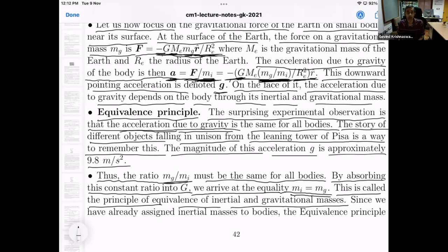So the experimental observation goes back to Galileo's time, but to talk about gravitational and inertial masses required Newton's law of gravitation as well as Newton's second law. So this is really something that came in Newton's time, and Newton talked about this matter. Now, since we have already assigned inertial masses to bodies, our operational definition using Newton's second law has already assigned inertial masses to bodies. The equivalence principle then